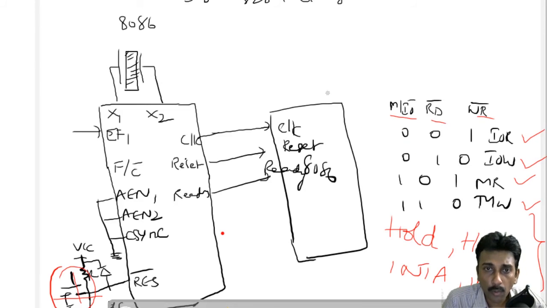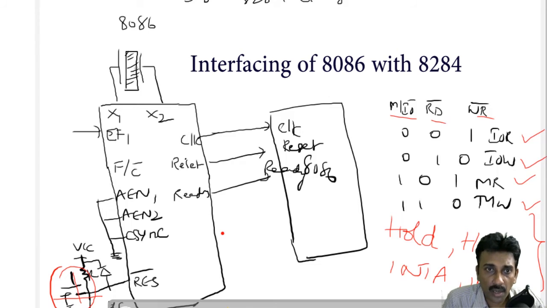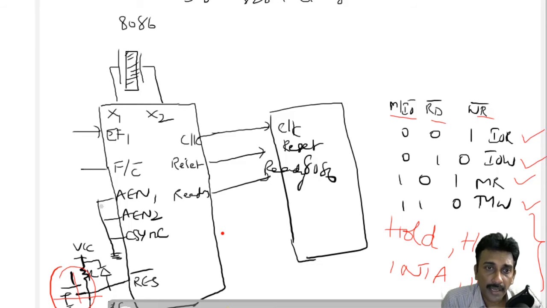Now you may know how to interface this 8284 with the 8086. X1 and X2 are connected to the crystal oscillator to generate the frequency, and EF1 is also connected to provide the divided by 3 frequency along with F by C bar. AEN and C sync are going to be grounded. They can be used only for multiprocessor configuration, and a push button switch is used with the RC network. If the switch is open, then RES bar is going to be high. If the switch is closed, then the capacitor is discharged and RES bar equals 0 to reset the entire processor. This can be used to reset the 8086 microprocessor.